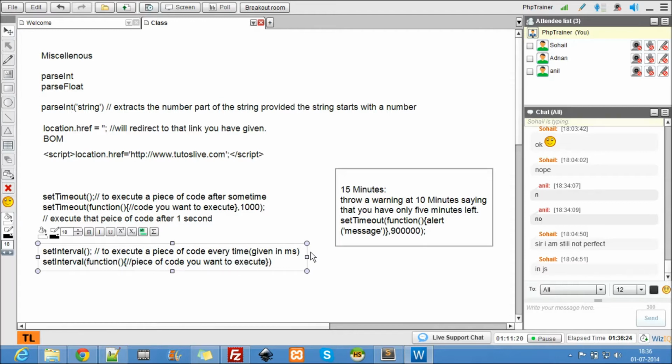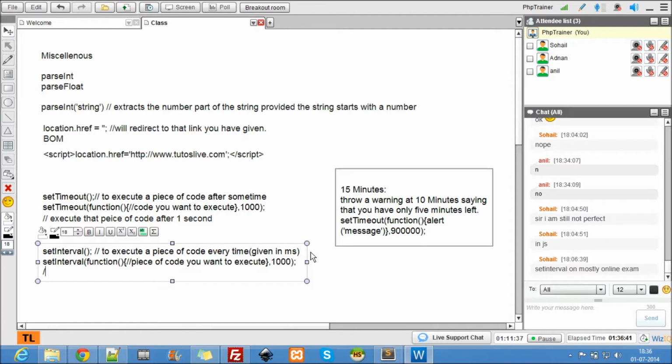You see, I told you this the other day when we were doing the timer, right? You guys remember we did the timer application. That is done using setInterval. So all the timers you see, this means execute that piece of code every second.